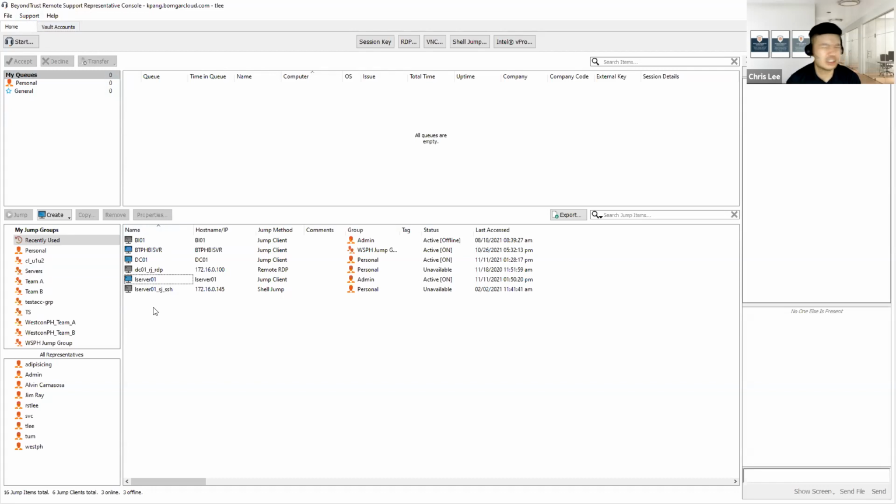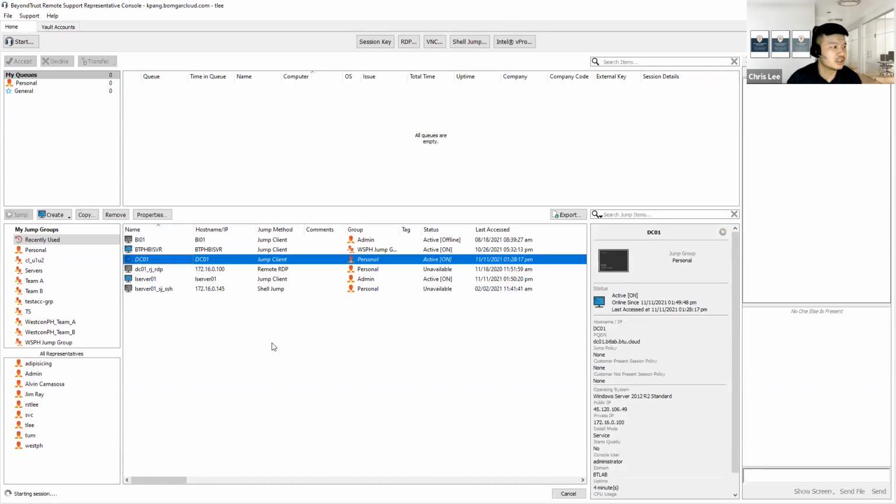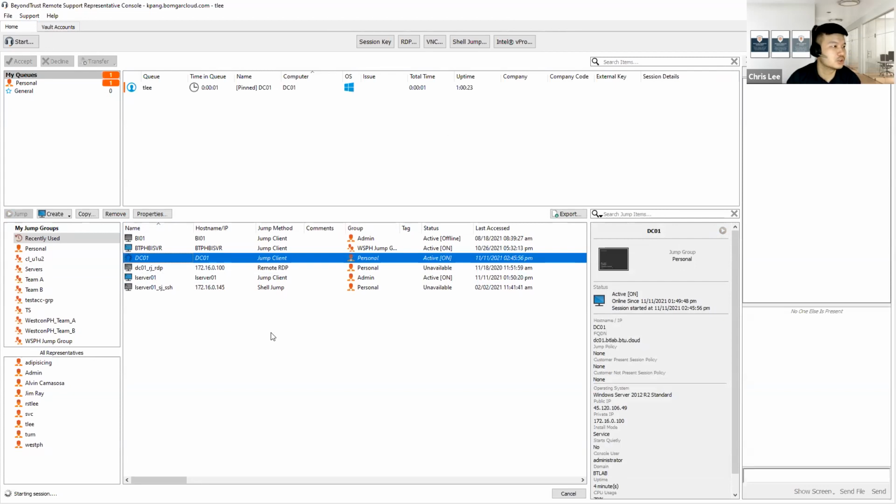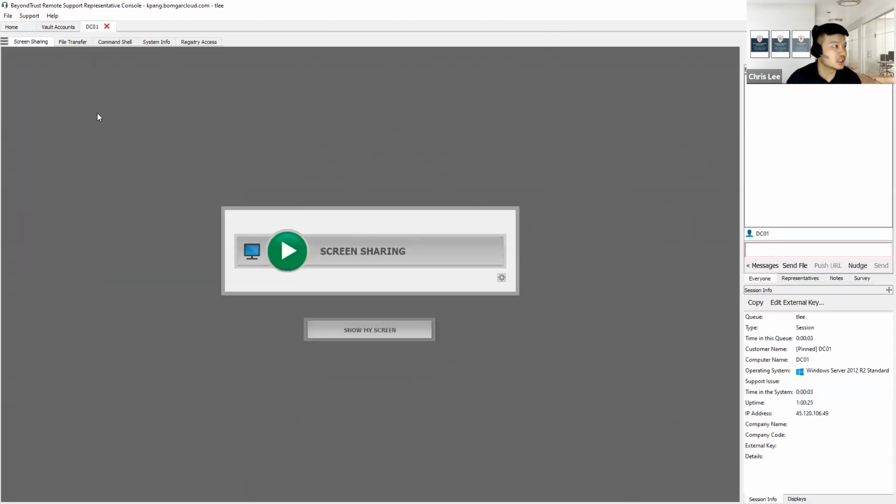And the second part of the demo will be about some of the unattended use cases. What if there is a need to support some of the server environments? How do we actually do that? We just have to assign the rights to the correct support personnel, and they can do the same thing without someone attending to the system.